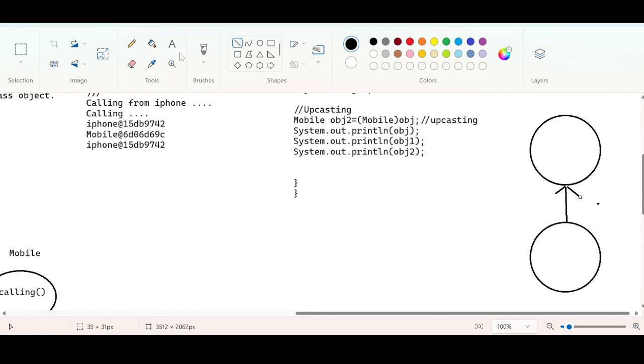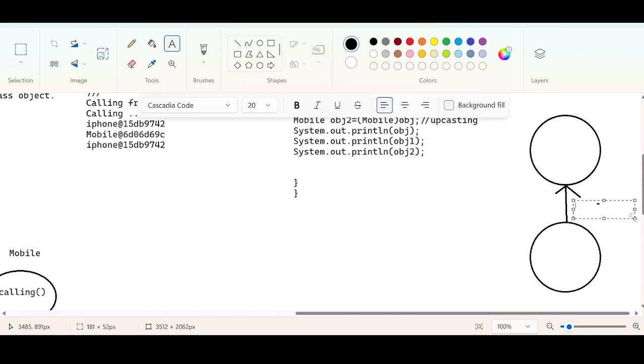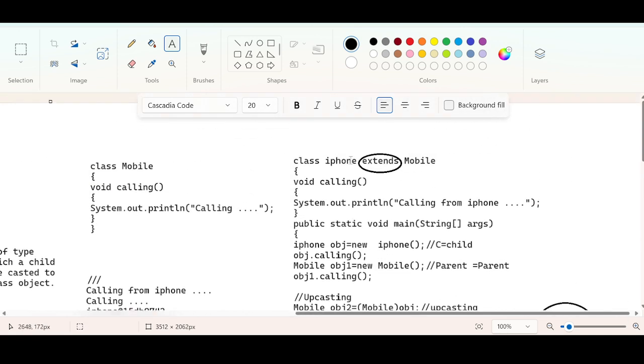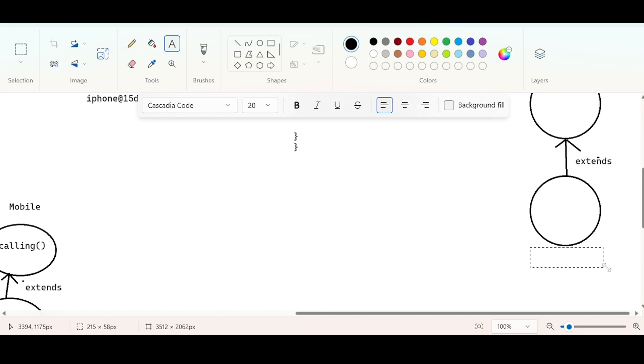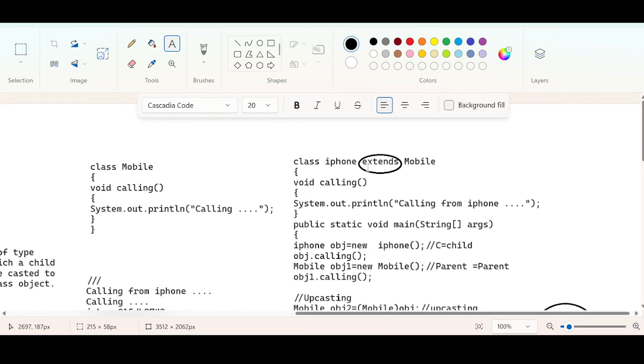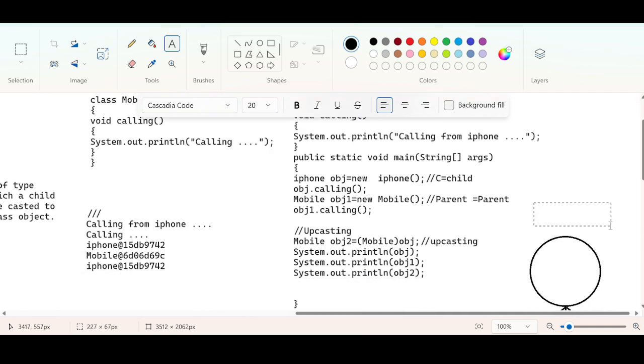The subclass is iPhone and the parent class is mobile.